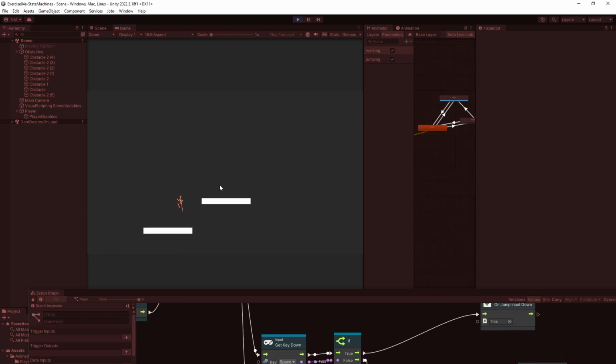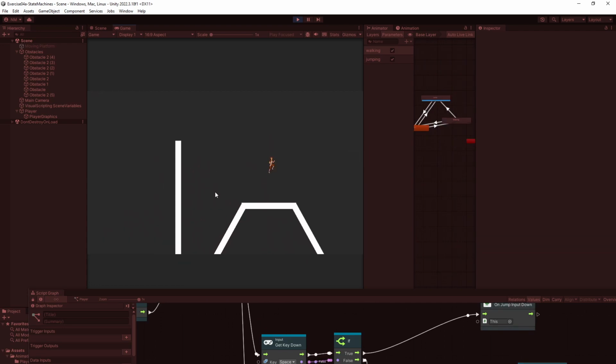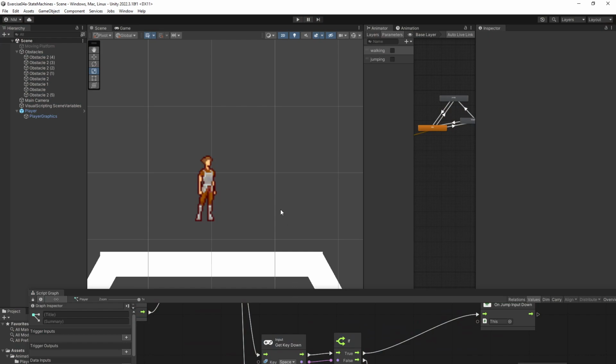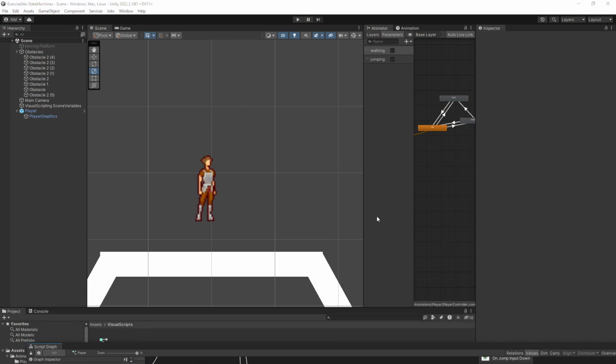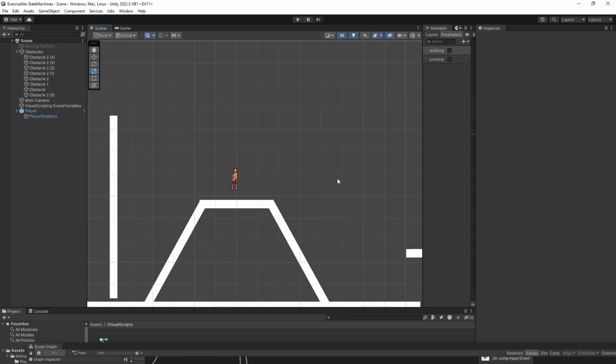So that is the player character's animation state machine. And that is what I want you to show me in your video. Is you have the character and you have them running around and jumping in an animated